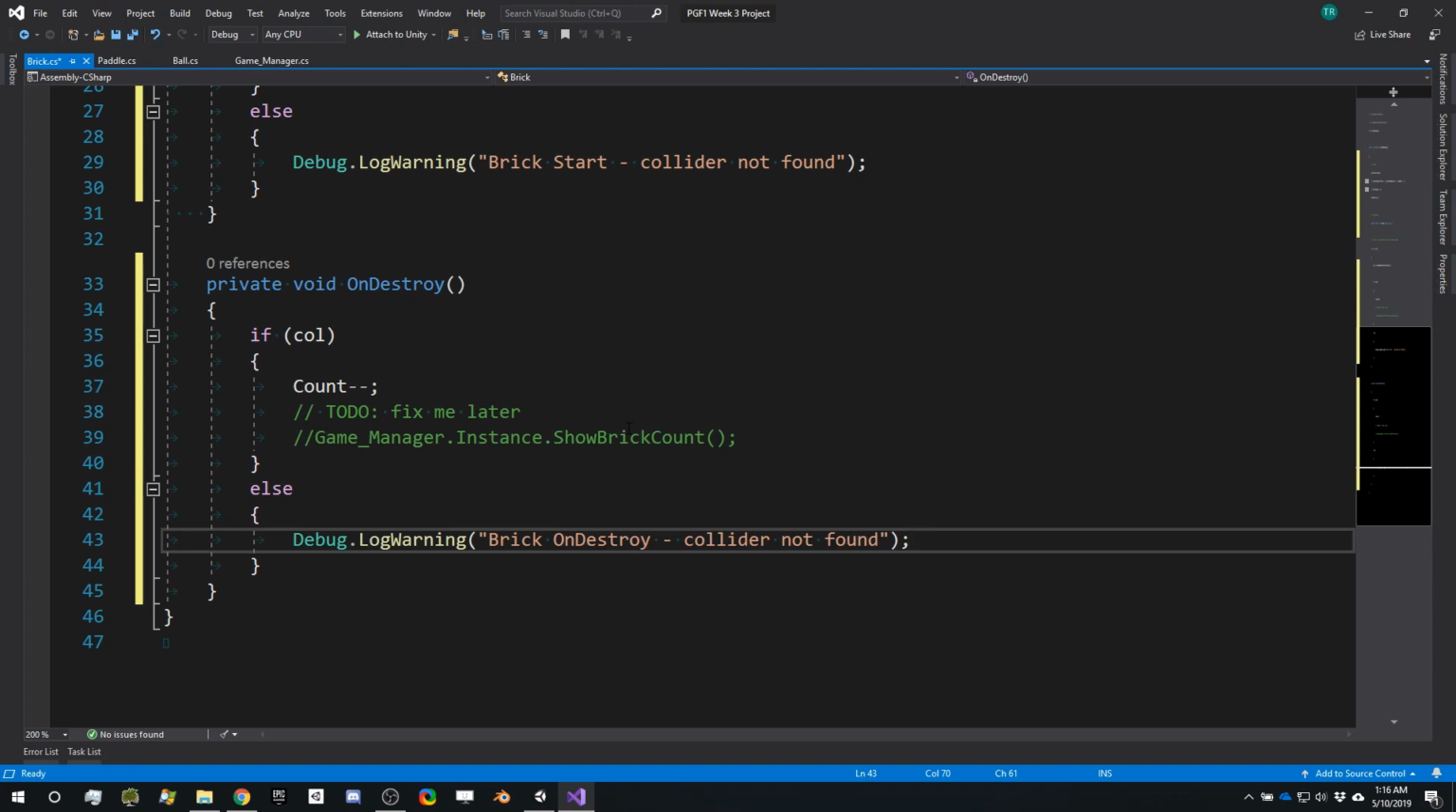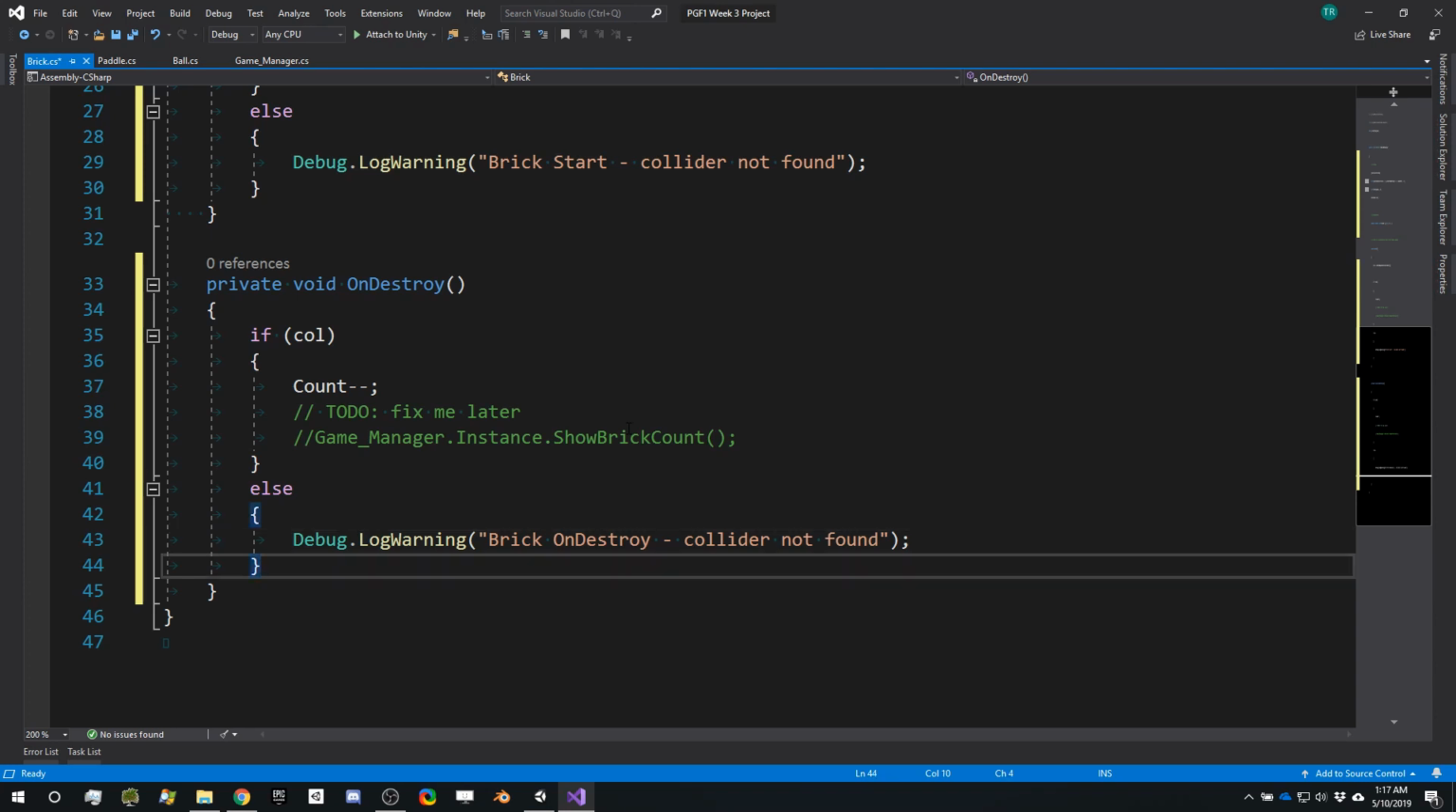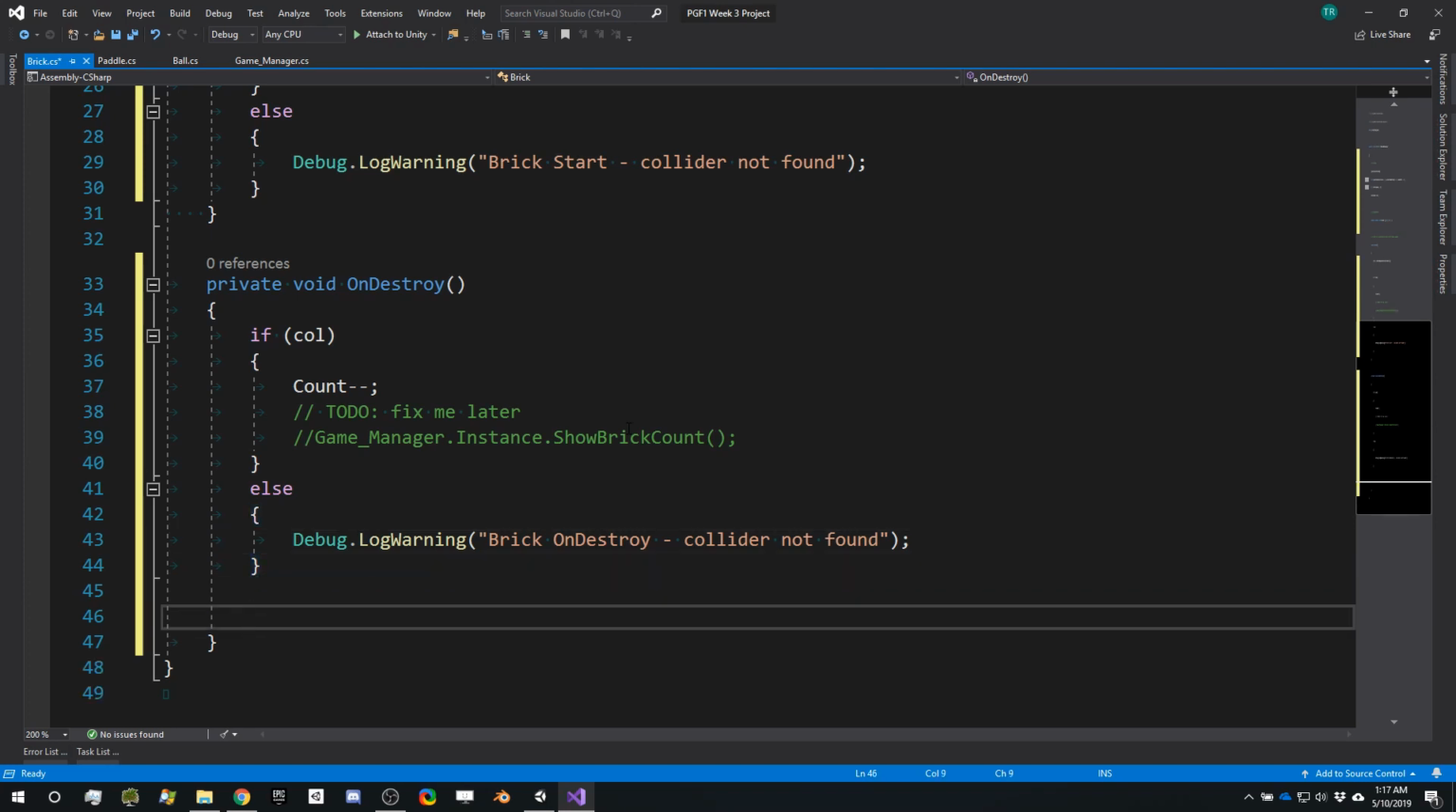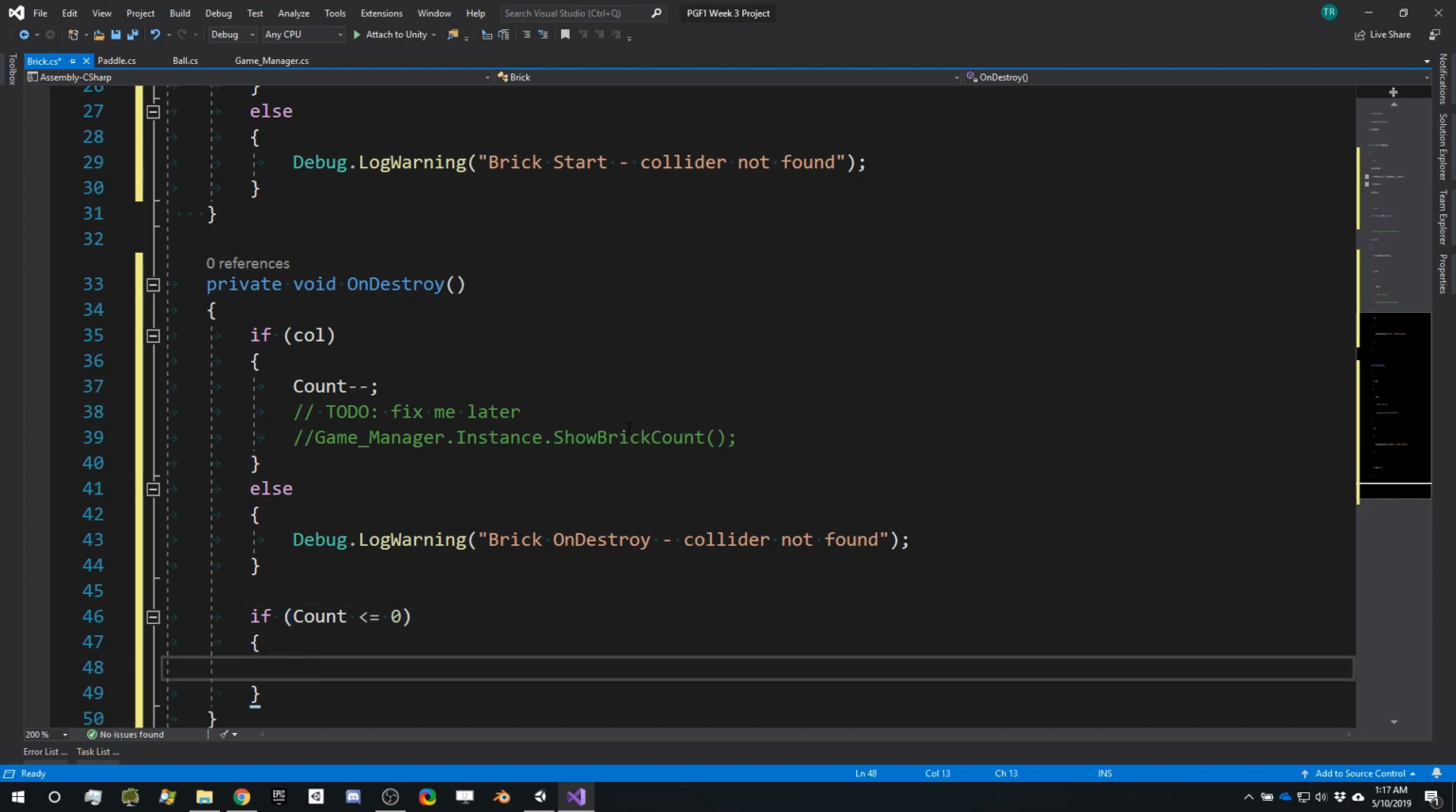Now, the thing is, though, if you are destroying bricks and you've just destroyed the last one, that count will minus minus to go from 1 down to 0, meaning that you've won. So we need to, right after that else, ask the question if count has dropped below or equal to, if it's less than or equal to 0, then we need to say, hey, game manager,